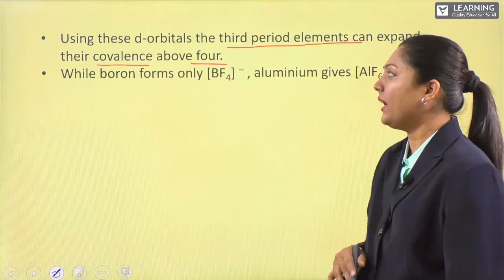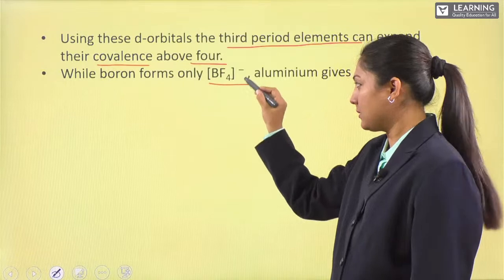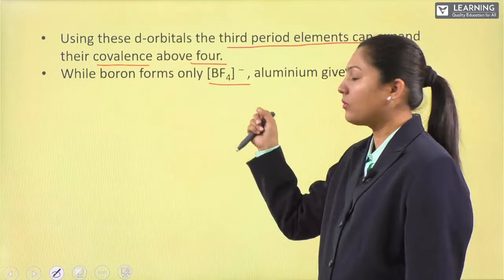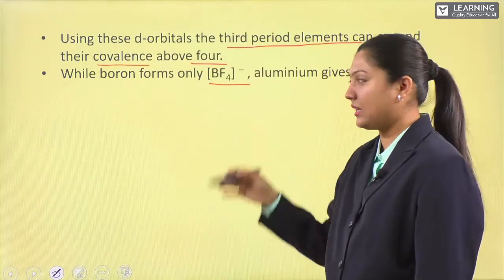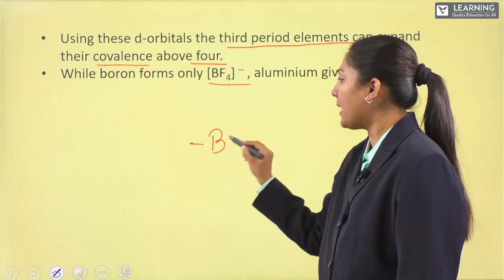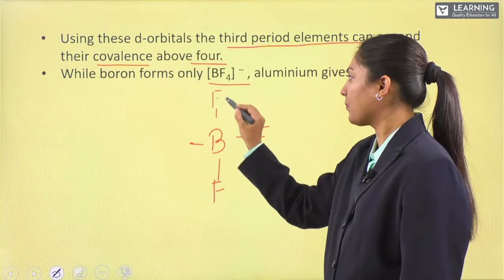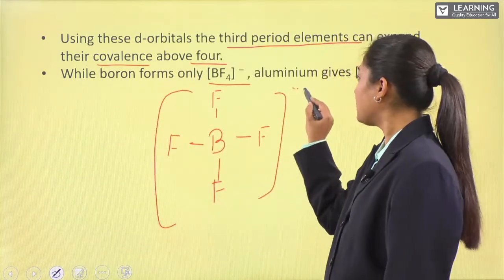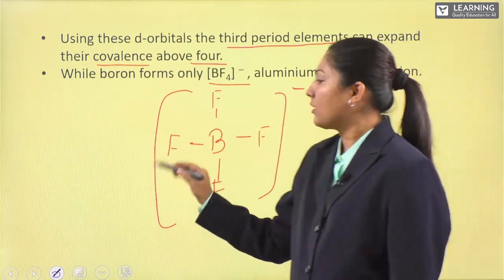While boron forms only BF4 minus, it has 3 electrons, and one more electron is gained from fluorine, so it has a negative sign here. This is a complex we will study in detail further. If you see here, boron can combine with 4 fluorine atoms, and it forms a negatively charged particle. Whereas aluminium can have